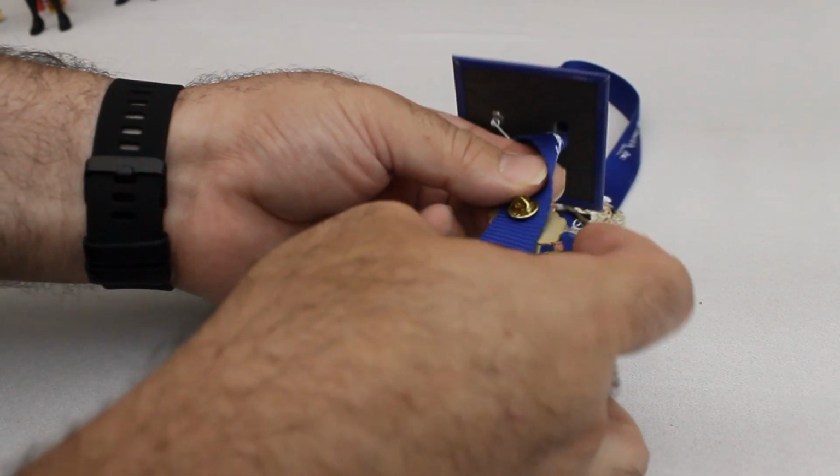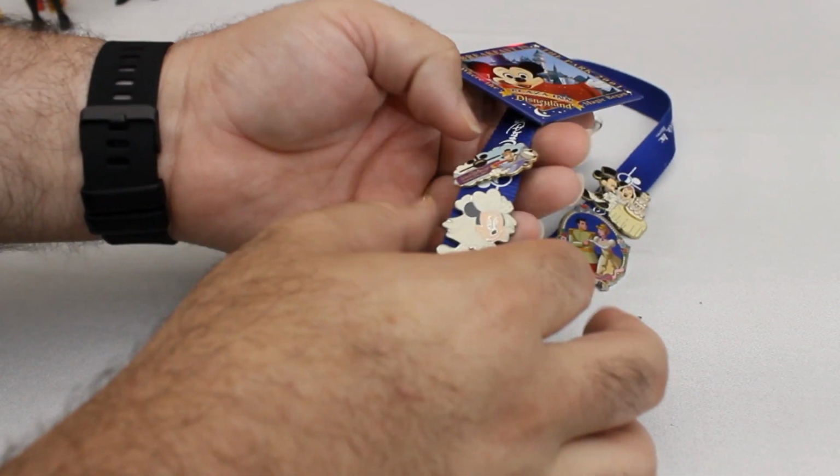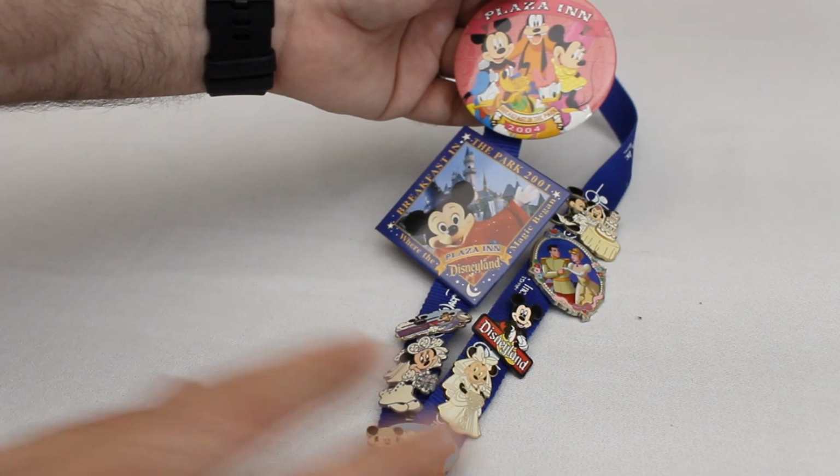which is different than the other ones because it doesn't have the pin trading pin back. It has more of a traditional pin back on it. I don't know why there's this,